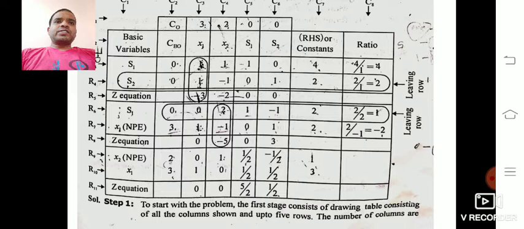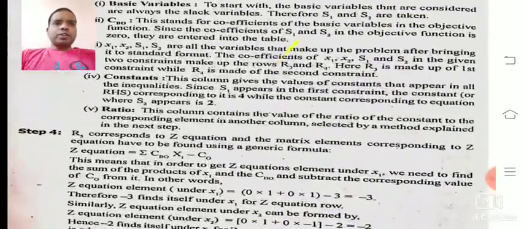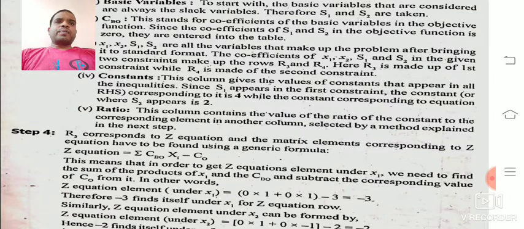After calculation of the z equation in row 5, after calculating that one, we can come again to the ratio column. Okay, now coming to the R5, here it is the z equation. Write down in the basic variable column 1, for the R5 row, write down z equation. Okay, how are we going to find out these values, minus 3, minus 2, 0, 0? By using a formula. For that, the formula is z equation equals the summation of the coefficient of the objective function into xa minus co.